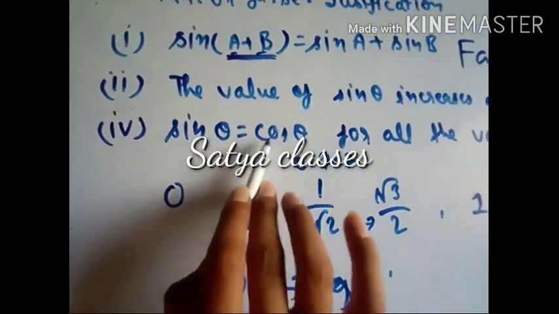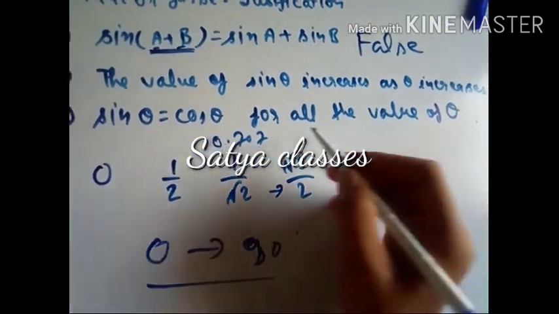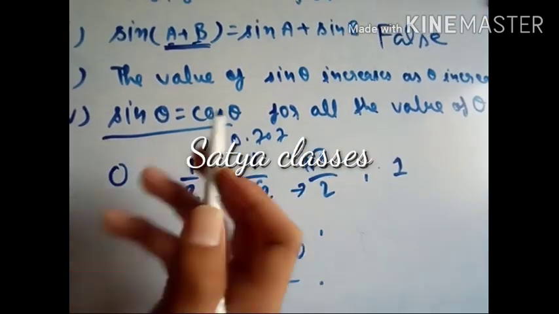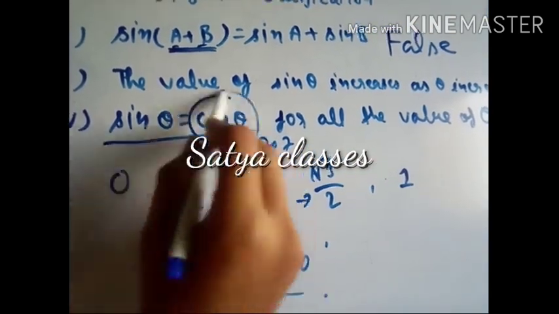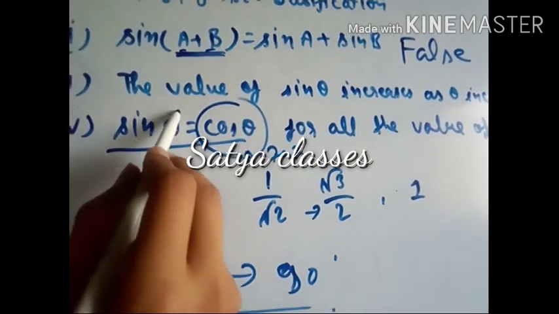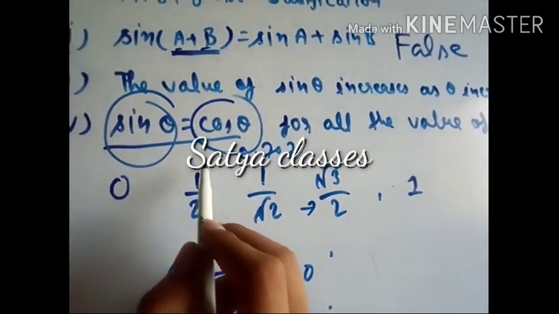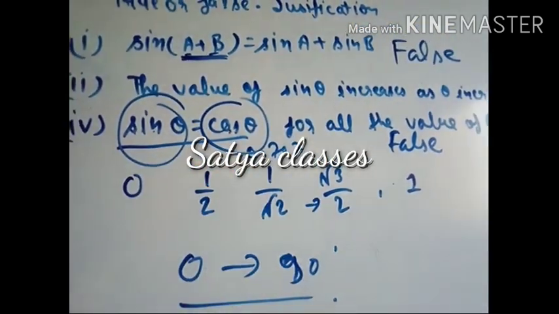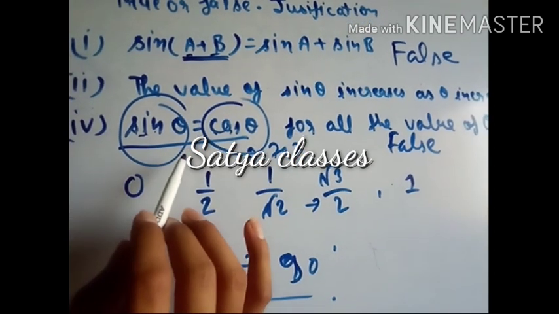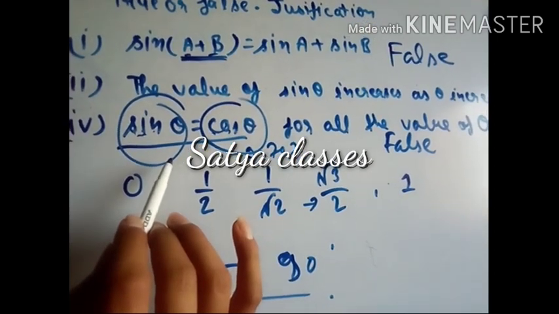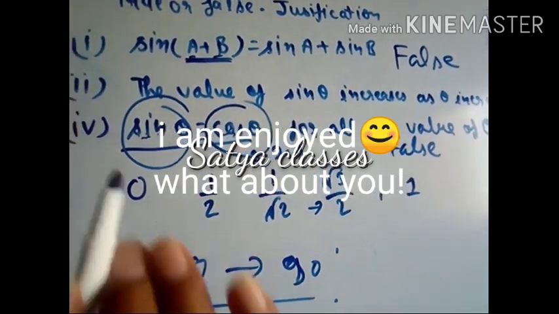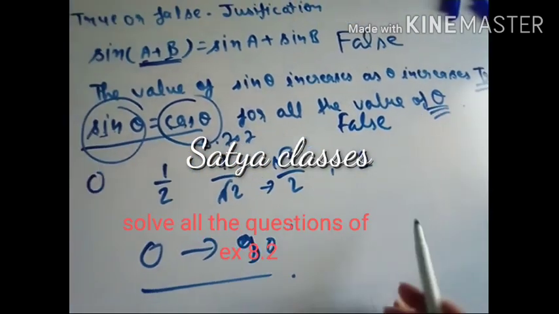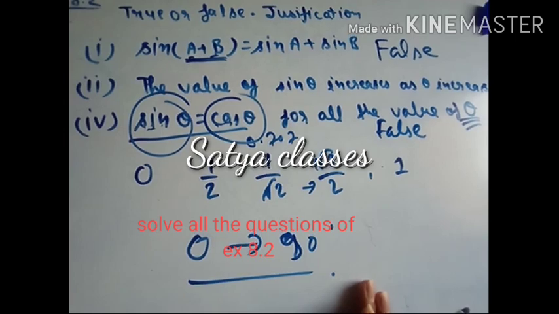Now sine theta is equal to cos theta for all values of theta. If this statement is true, then there is no need of cos if sine is existing, and there is no need of sine if cos is existing, because they are equal. So this is definitely a false statement, because sine and cos, both the ratios are different, so changing the ratio also changes the value. Understand? This does not happen every time, but sometimes, and they are saying for all angles, so this is wrong. Understand? Now we'll stop here and see you in the next presentation.